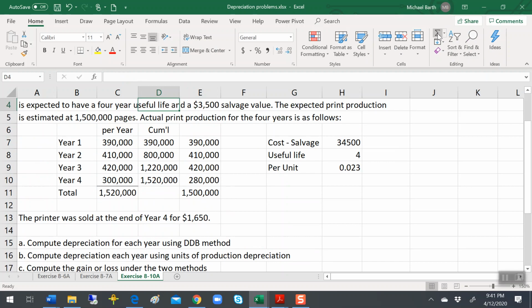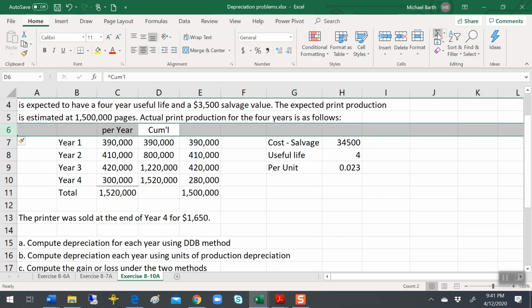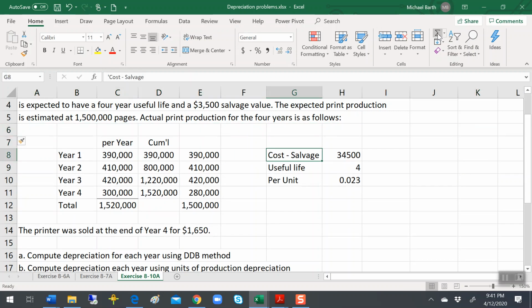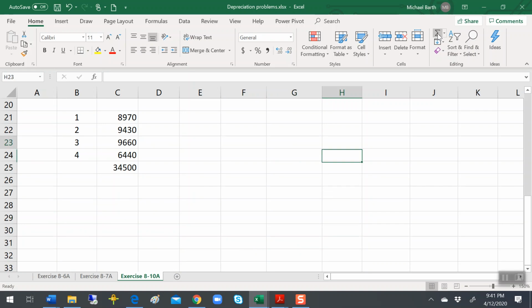Remember, I made an adjustment for this last year already because the actual depreciation that they take can't go over the hypothetical unless they wanted to change in the middle, but let's not go there. So once you get to the 1.5 million units and you've taken the full depreciation, you don't go below the salvage value. All right, so this is under the units of production